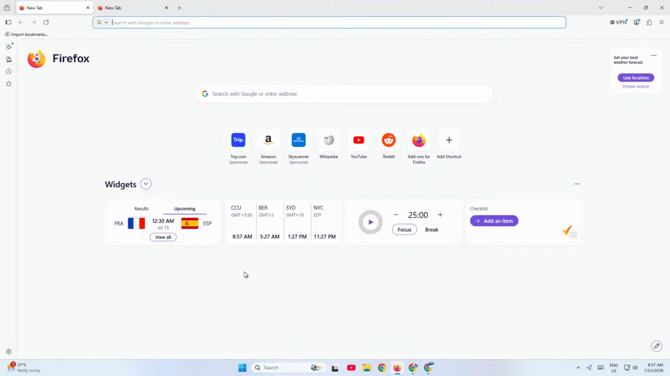If you've ever wished your Firefox tabs were easier to manage, this video is for you. Today I'm going to show you how to enable and use tab groups in Mozilla Firefox so you can organize multiple tabs into neat, color-coded groups and keep your browser far less cluttered. This is super helpful if you're researching, comparing products, working on school projects, or just trying to keep different topics